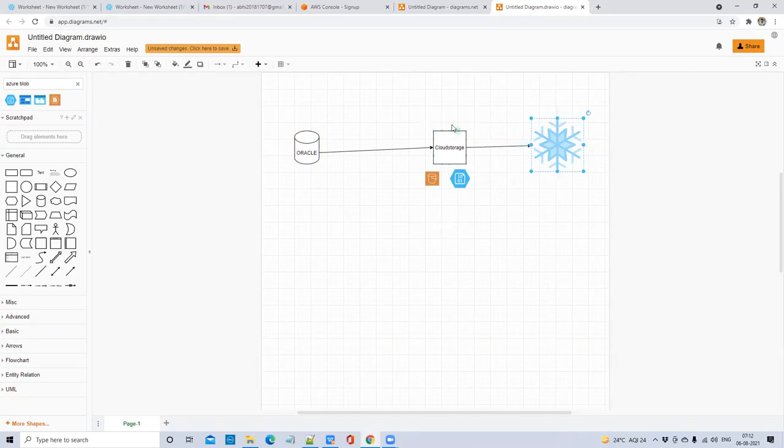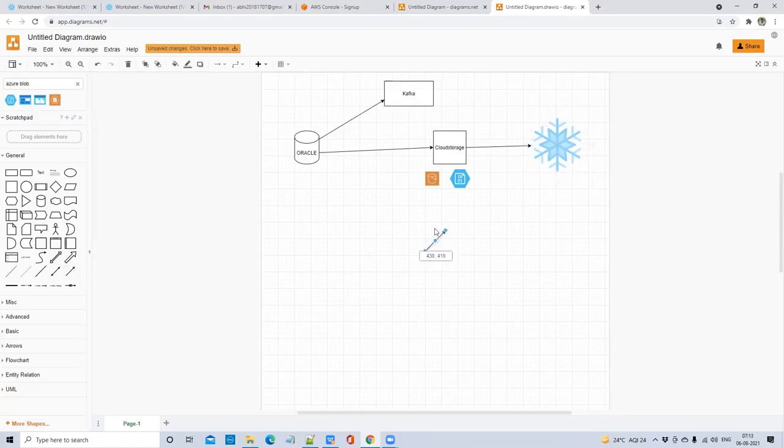You can use this staging as a backup. If you want to use it as a backup, you can keep the files after loading into Snowflake. The other thing is you can directly stream the data into Snowflake. There are some streaming tools like Kafka which can stream directly into Snowflake, but writing record by record directly from Oracle to Snowflake is not a good approach because it consumes a lot of space and time. Also you need to pay more cost because your virtual warehouses should be running 24/7.